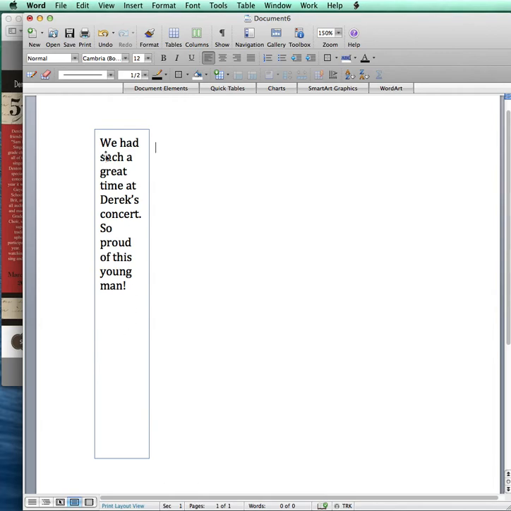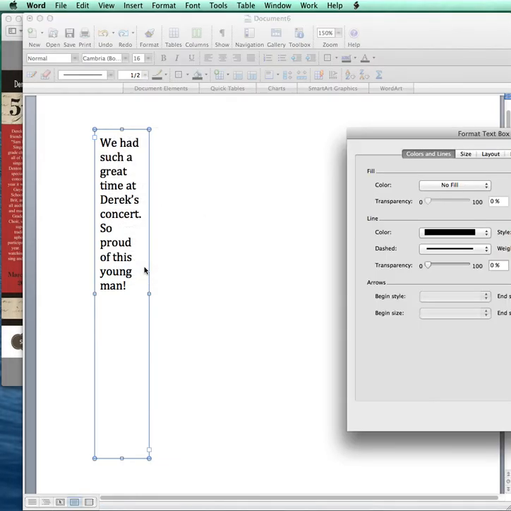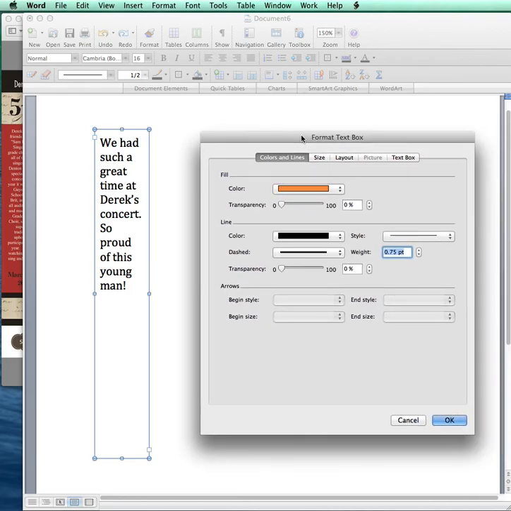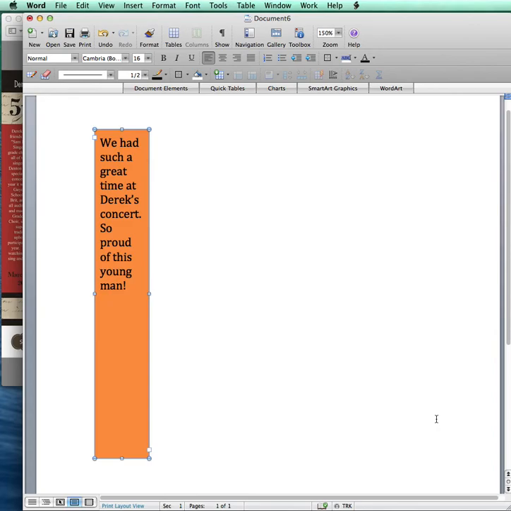If you want to print this in a color so that maybe the inside of this is red, or yellow or black or whatever color that you're working with, and then maybe change the font to white or something, you can do that also. So we're going to go back in here to Format Text Box. And then on Colors and Lines, we're going to look at the fill. Right now the fill color, there's no fill. It's just going to be printed on white cardstock if I print it on white or whatever. If I want to change this to a color, let's say I want it in this color of gold. We would just change that and click on OK,